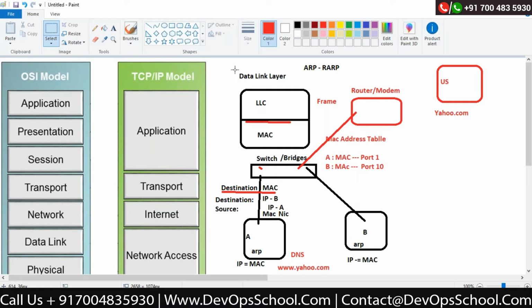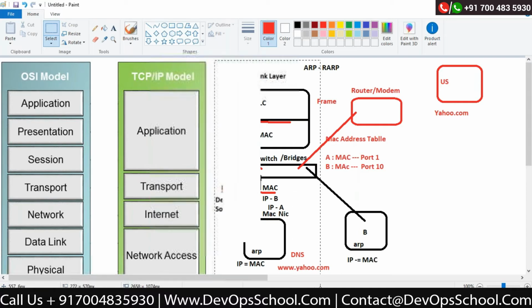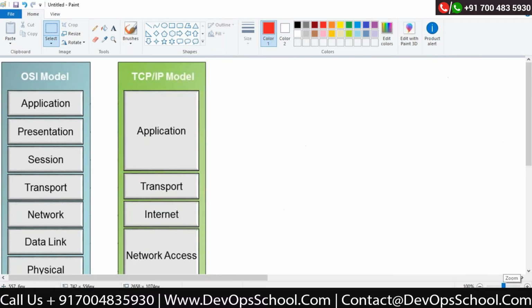Now this is once again a very interesting layer. Now this layer actually changed the entire internet world. Now look at the definition.